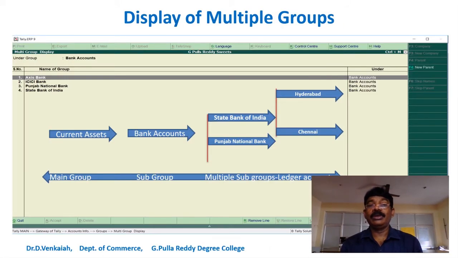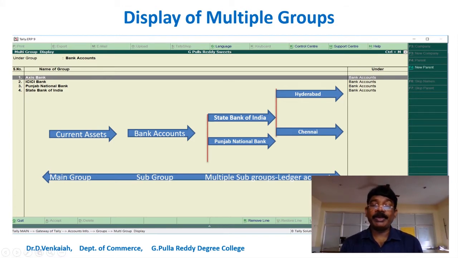Look at the display of the groups under multiple mode. As told earlier, current assets is the main group. Under that there is a subgroup called bank accounts. And in the bank accounts group I created other subgroups, State Bank of India, Punjab National Bank. Under the State Bank of India I had two ledger accounts, as my accounts are at Hyderabad and Chennai.